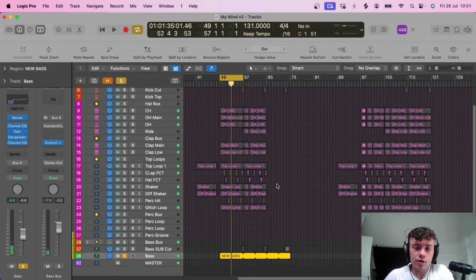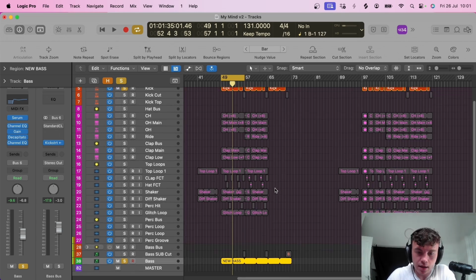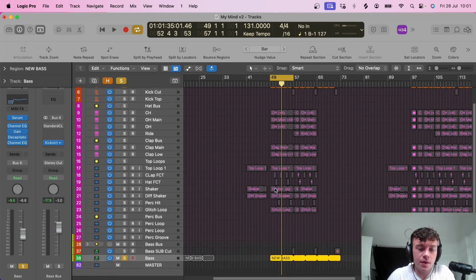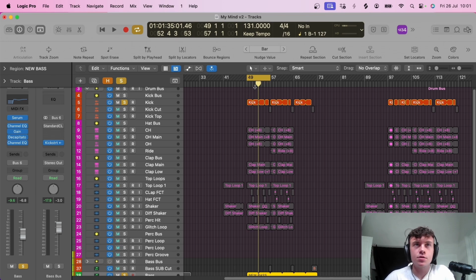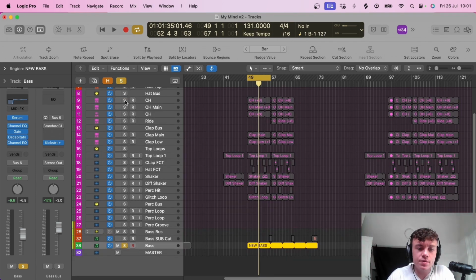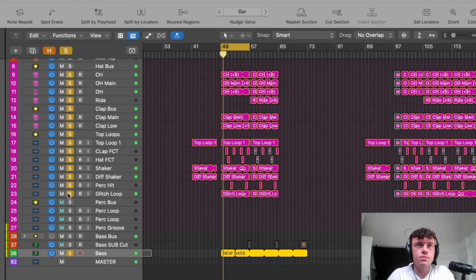So yeah, sounding really pumping, the offbeat bass, and that's what makes it feel that certain way and why it works so well with that faster tempo, and that's why it doesn't sound too crowded, etc. Because if we had a normal bass at 131, it might start to sound a bit overcrowded. Now if we play this with our drums,